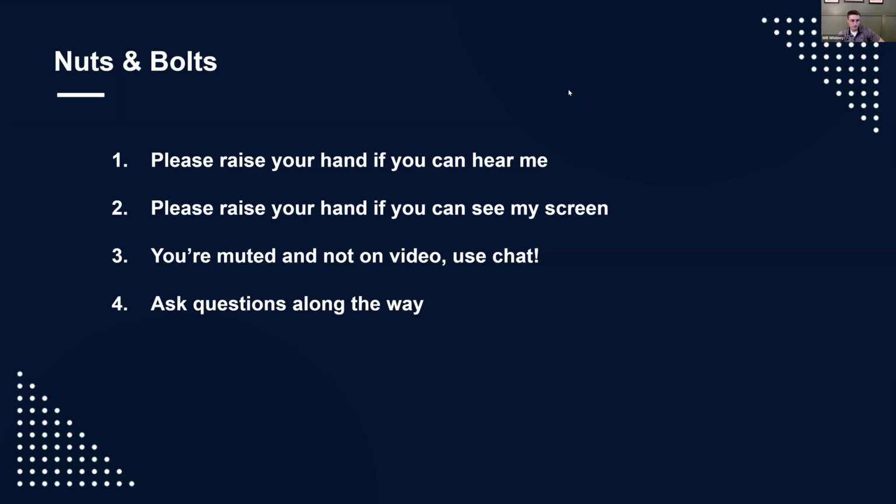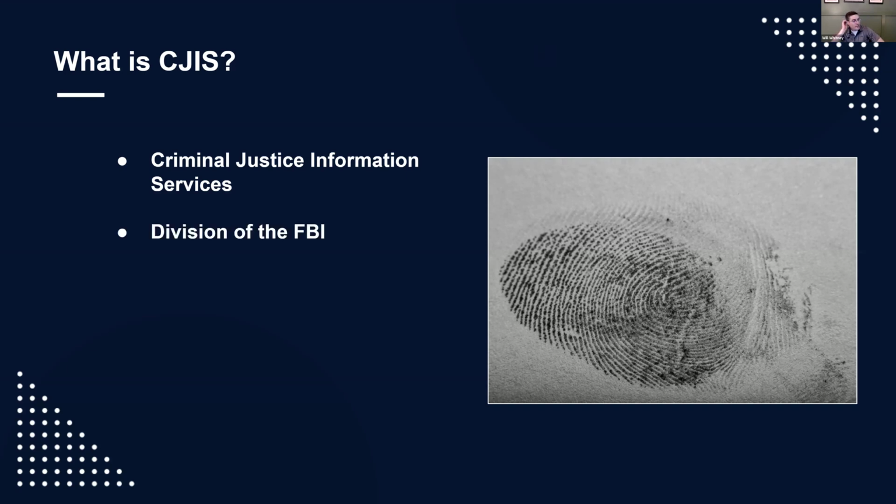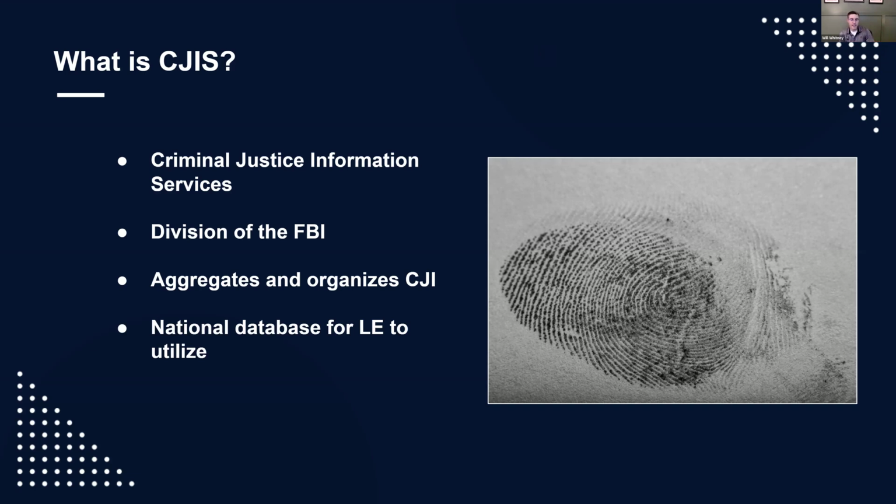With that said, let's go straight into the first topic, which is what is CJIS? That's a simple way to say it, but it stands for Criminal Justice Information Services. And that is a division of the FBI, so it's a federal organization. Basically, in a high level nutshell, they aggregate and organize CJI, which is criminal justice information. It's basically a national database for law enforcement agencies, not just the feds, but local, state, and other law enforcement agencies to utilize information